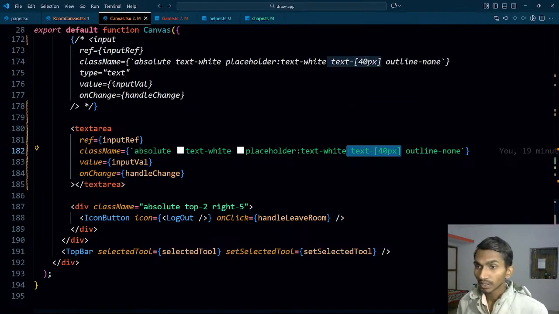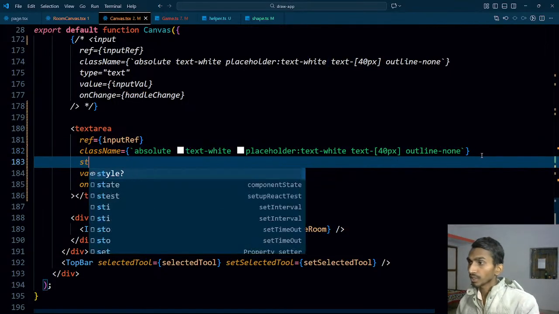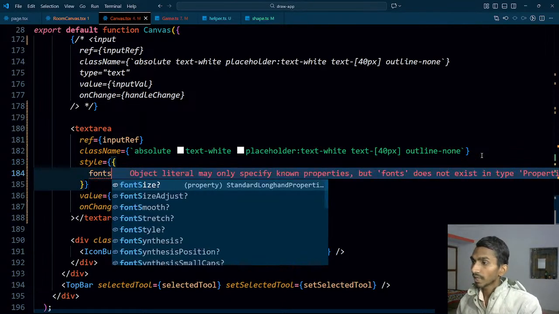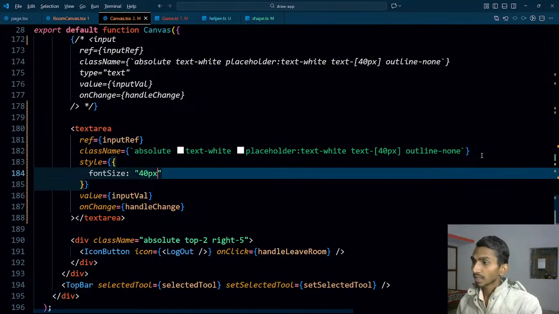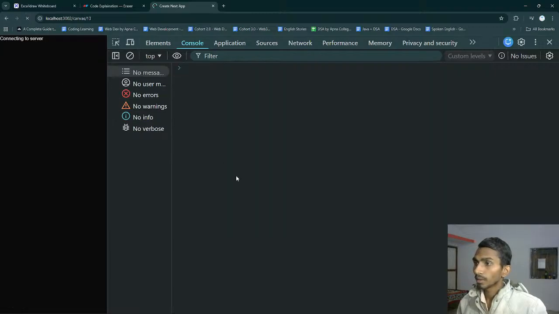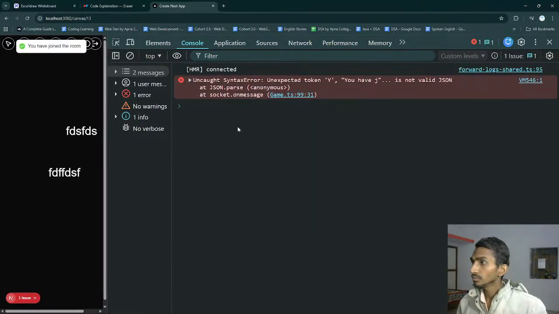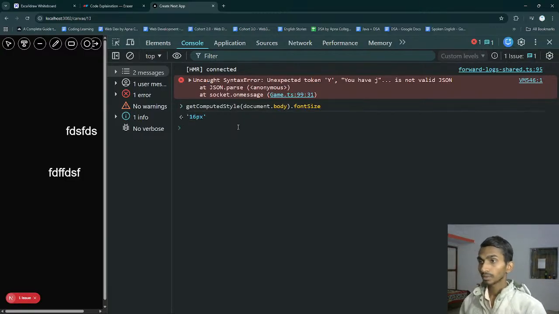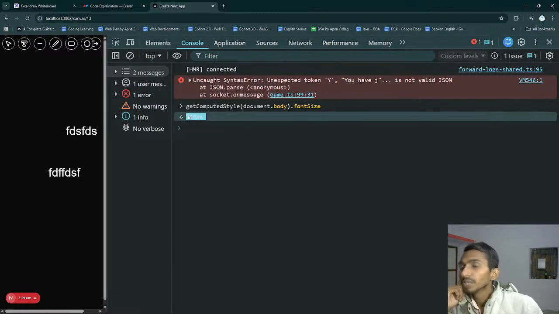So let's do one thing. I will be using style over here too. So style is going to be font size, and that's going to be 40 pixel right now, just for an example. And now if I reload the page, I'm still getting 16 pixel. That means by default I will get 16 pixel. But the thing is that,